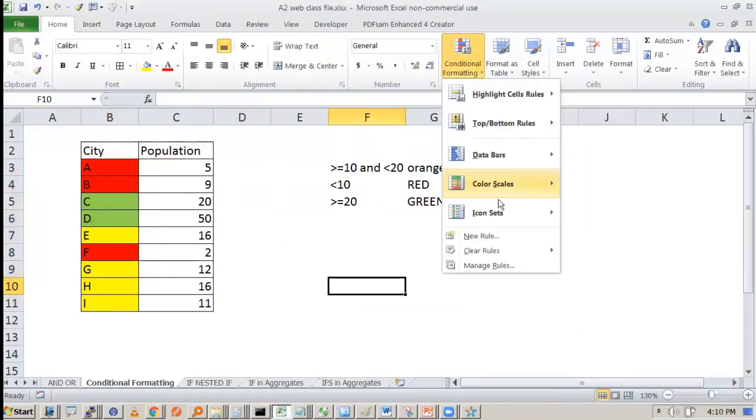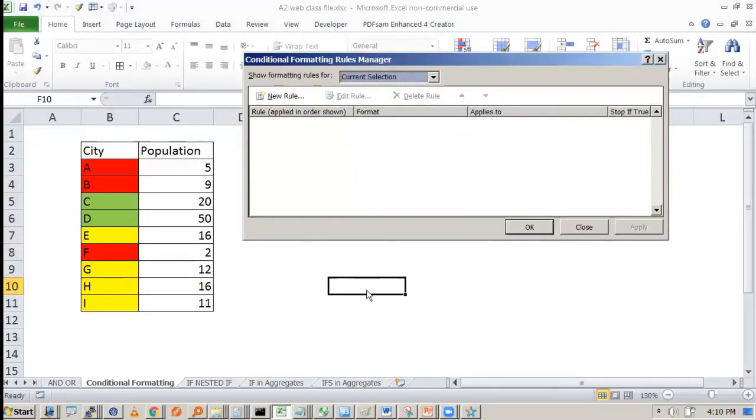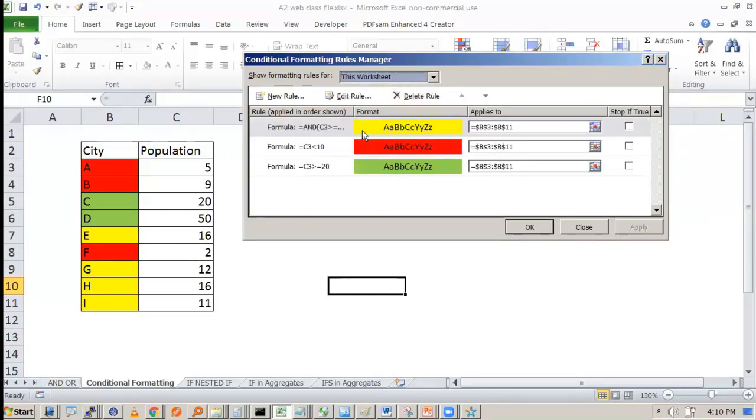If I go to conditional formatting and manage rules, by the way, by default, it will give you the rules for the current selection, whatever cell you have. But you can select for whatever you want. This sheet, or if you want for another sheet, it will show that also. For this worksheet, if I want to see, it has shown me. And this is how to read it. This is applying to which cells? B3 to B11. And this is the formula which is applying, and this is the color. And the formula you can see that it is applying to cell C3. It is not applying to this particular cell. Okay. So this way you can diagnose